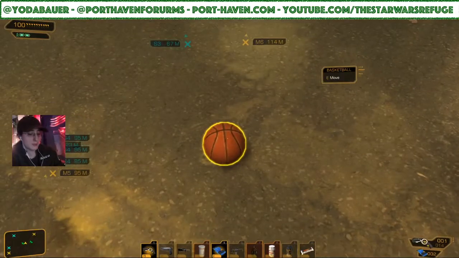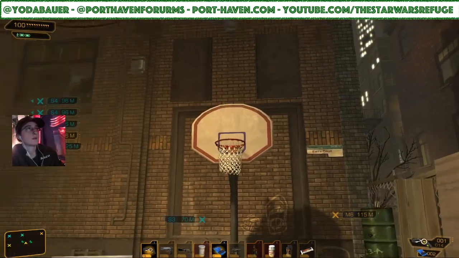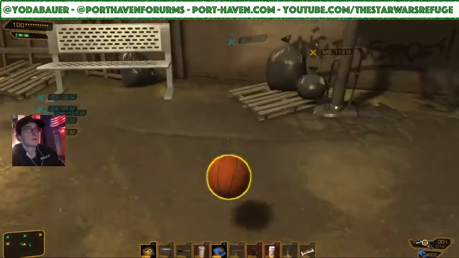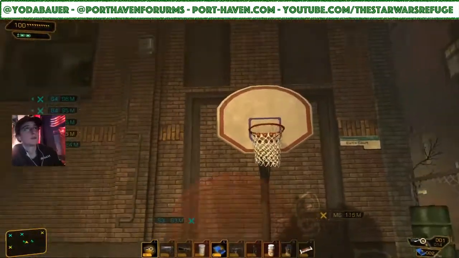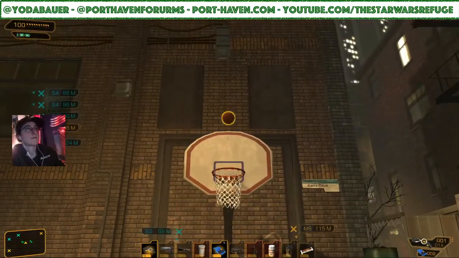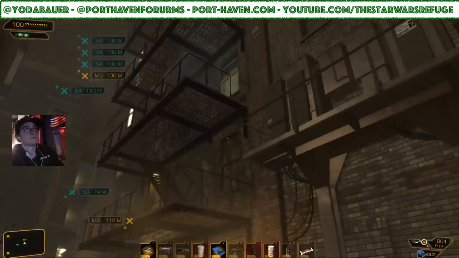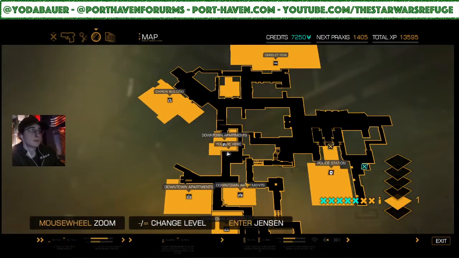I've tried so many times to make this basket, and I never can. Like, it just doesn't line up very well. I have spent way too much time in this game trying to make a dang basket. See? Like, the lineup doesn't make any sense. Where is this? Just another set of